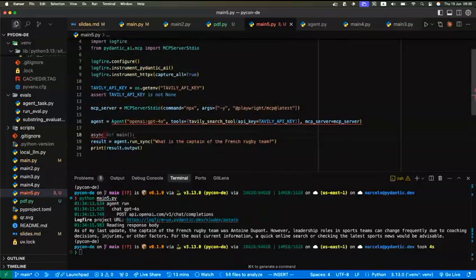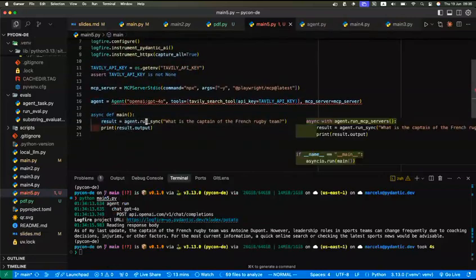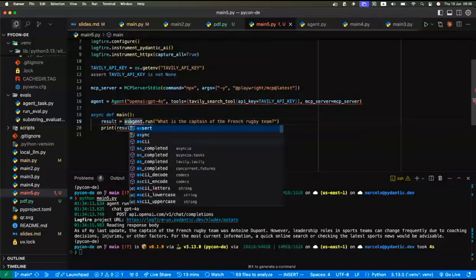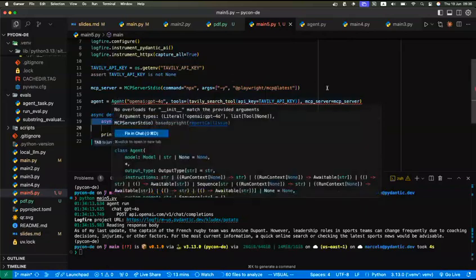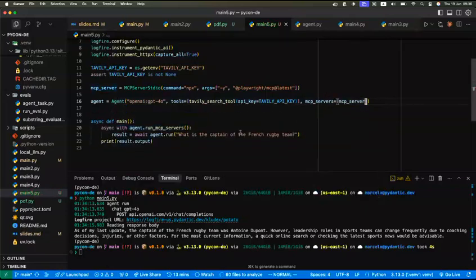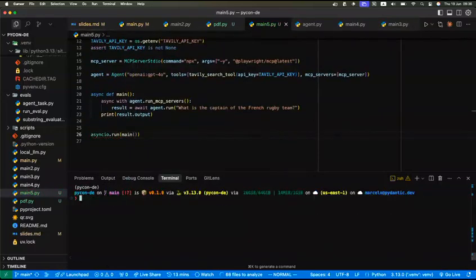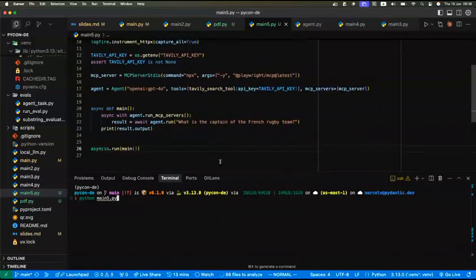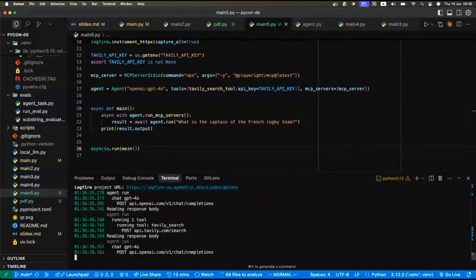Now, I mean, we at PydanticAI, we have async as a first citizen structure. So we're gonna change the business code, async with, and you need to manage how your MCP servers are running. So we're gonna do it here, and we're gonna pass the MCP servers. Okay. Async IO, run main. So what's gonna happen here, or my intention to show here, is I'm gonna call it, and the idea is that it's gonna interact with the browser, and then if this allows,